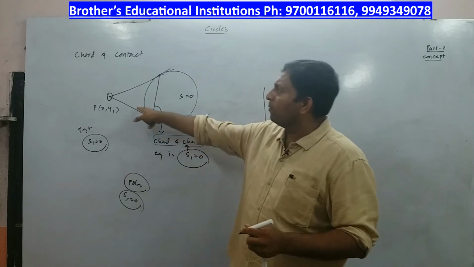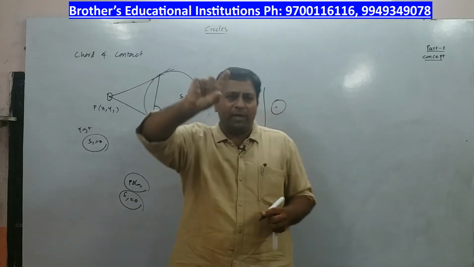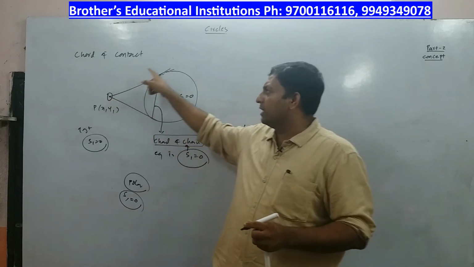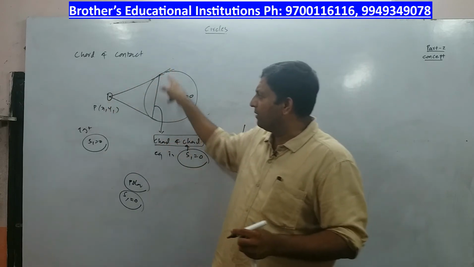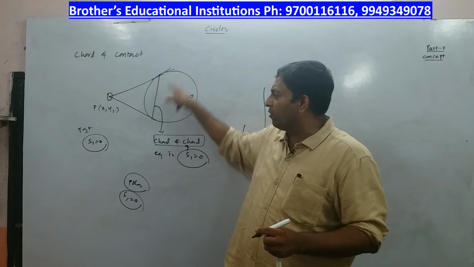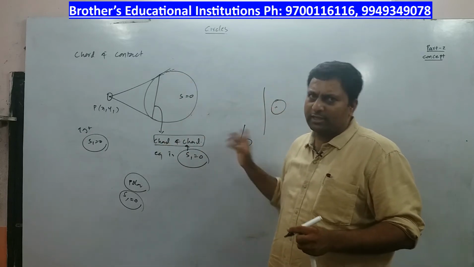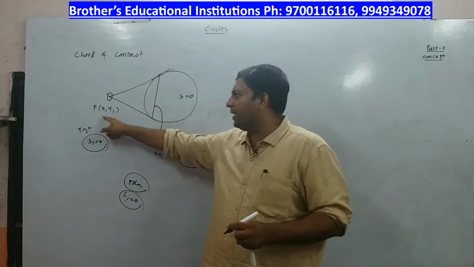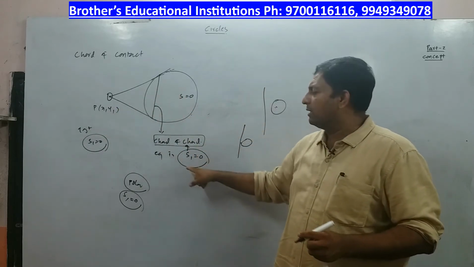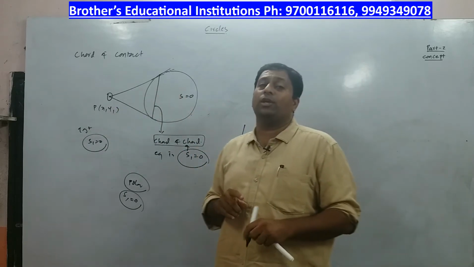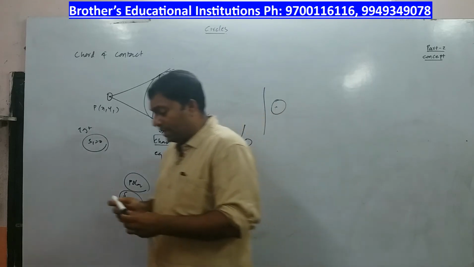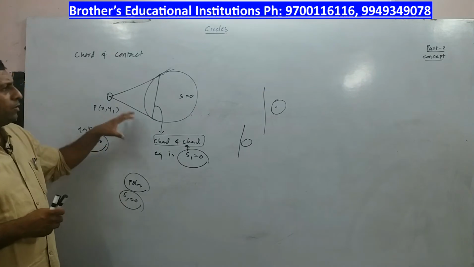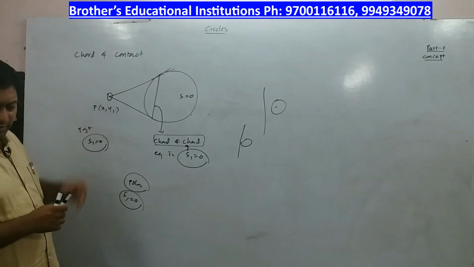So as of now, what is the definition of chord of contact? If P (x1, y1) is an external point, and two tangents are drawn from the external point P (x1, y1), then the line joining the points of contact is called the chord of contact. This is the definition. And what is the equation of the chord of contact for the point P (x1, y1) to the circle S is equal to 0? The answer is S1 is equal to 0, right? So that is the definition of chord of contact. I want you to pause the video and draw the figure so that we can move forward with the next concept.